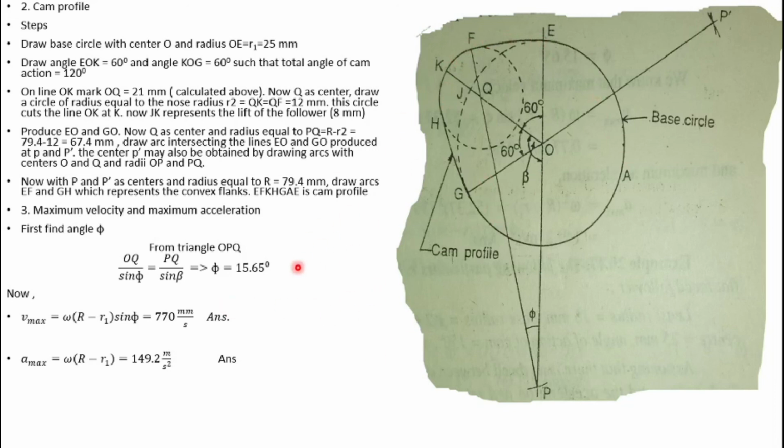Now we have to calculate the maximum velocity. For maximum velocity, we have to calculate the angle phi also. So from triangle OPQ, this is the phi angle, because it is the angle subtended by the flank, which starts from E and ends at F. So the angle subtended by this flank at its center is phi. So from this triangle OPQ,